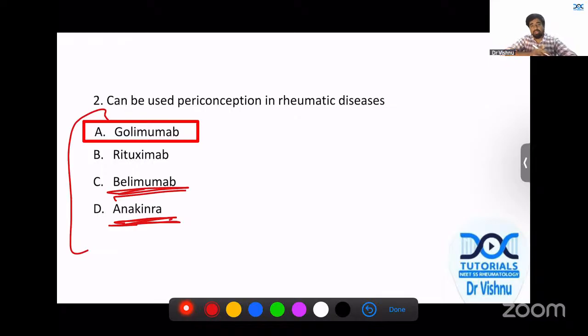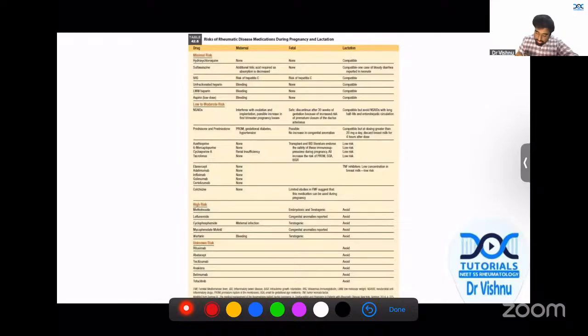So TNF alpha inhibitors are among the safer drugs. We're not sure because they do, especially when you give them in the third trimester. The issue is not with respect to teratogenicity or sterility or abortifacients. It's not causing abortion, it's not causing teratogenicity, but what it is causing is it's going into the fetus, causing immunosuppression there. That is the main concern whenever we give TNF alpha inhibitors. While rituximab, etc., we don't know at all. The evidence is very, very poor.